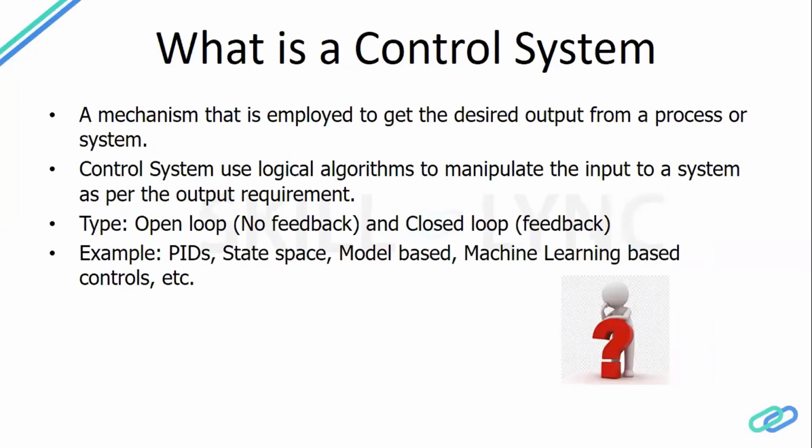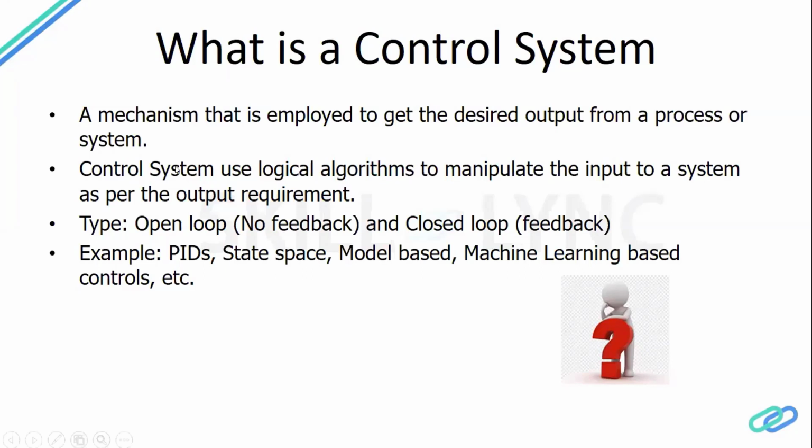The first question, when I heard about control systems, was what a control system actually is. If I explain it in a simple manner, it is a mechanism that we employ to get the output which we want from the system. For example, if you have a box, or right now you are using your mouse or TV screen or your laptop screen, suppose you want to move the laptop for some displacement and you are not sure how much force I should put to move that laptop to a particular angle.